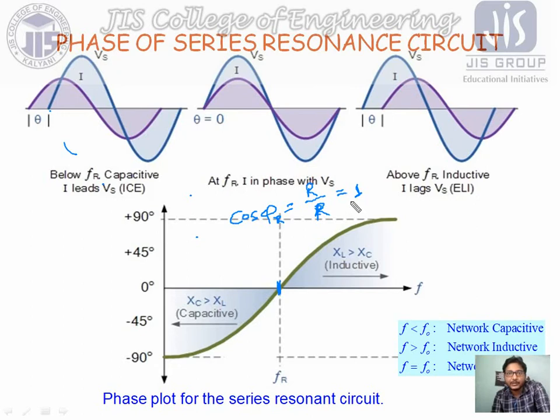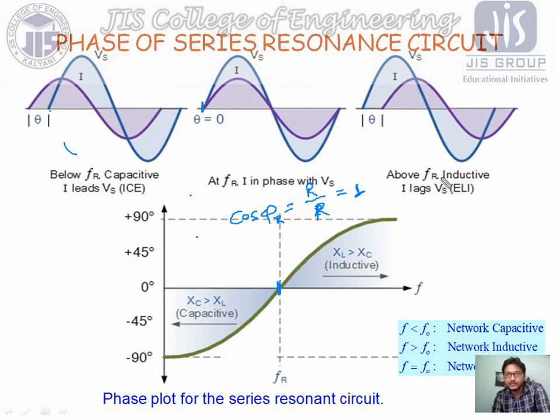It means voltage and current will be in the same phase. It means there will be no more phase difference. So if this is our graph for voltage, from the same point our current will also start, and it means voltage and current are in the same phase. And similarly after the resonance frequency, as the inductor will have more effect in the circuit, we can say XL is greater than XC. So as the inductor tries to lag the current,